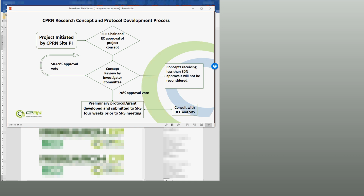Okay. So the idea is a project is initiated by a CPRN site PI. The reason I say a site PI is that I'm envisioning that even if it's an external person, they're going to have a connection with someone on the investigator team who's going to say this is how we work, and be a little bit of the knowledge source to make the introduction. And so the idea is, initially, between the SRS chair and the EC, we say, yeah, this concept's worth us considering, and so we have in the SOPs